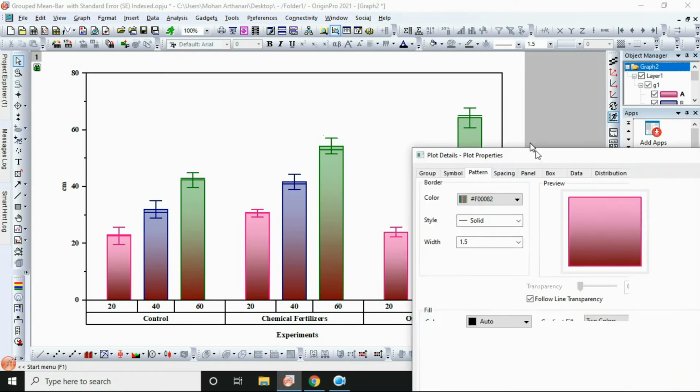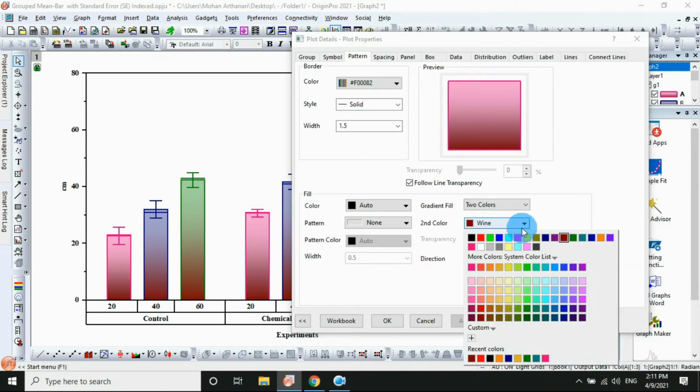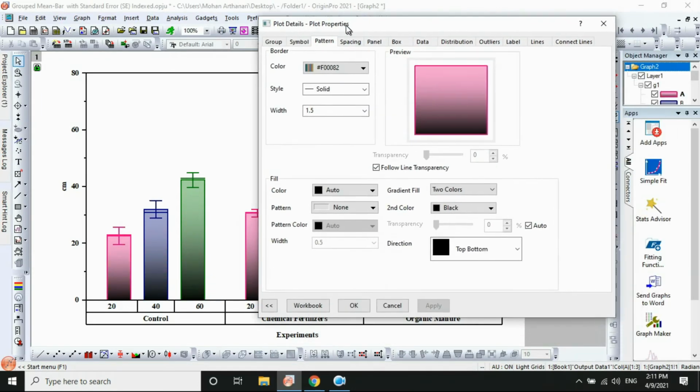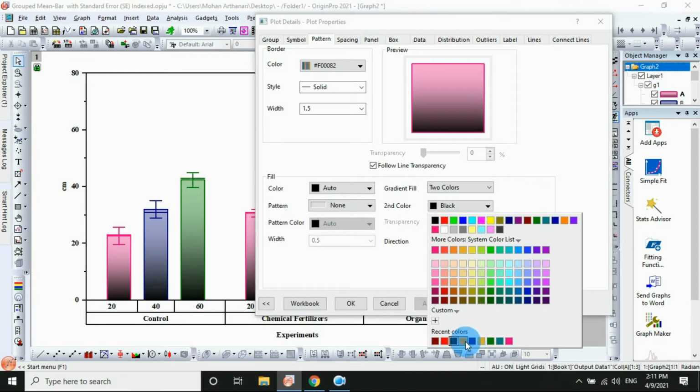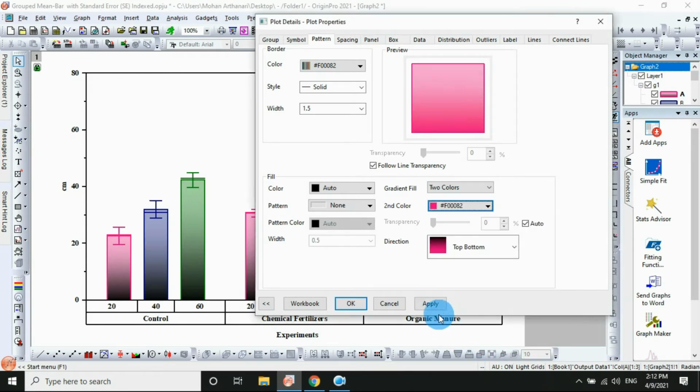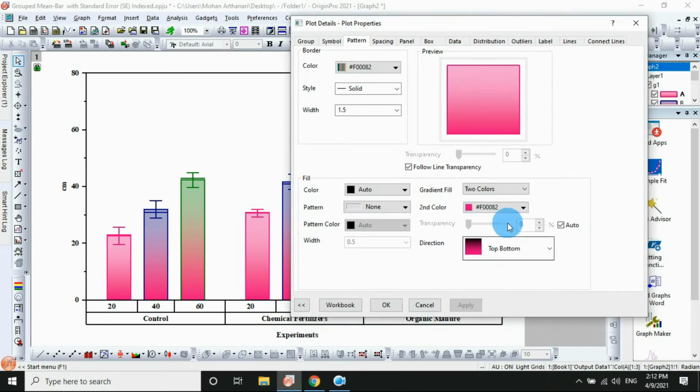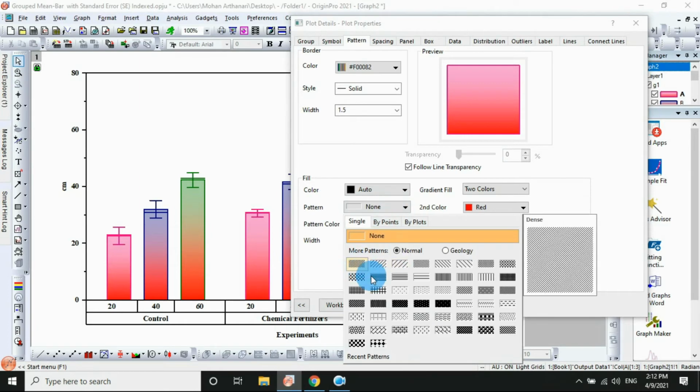See that one, the different colors. If you like black or rose color, any color you like, change that one. I use red color. And the pattern colors, the pattern, if you like any pattern style, then click the